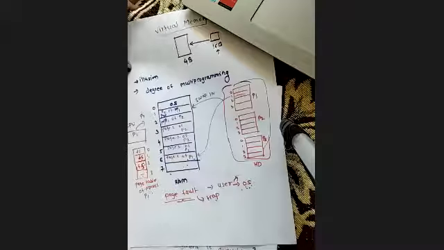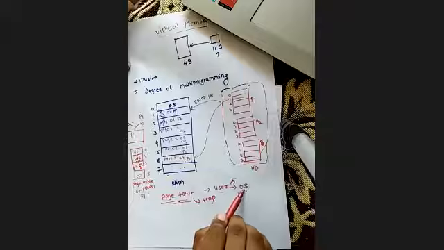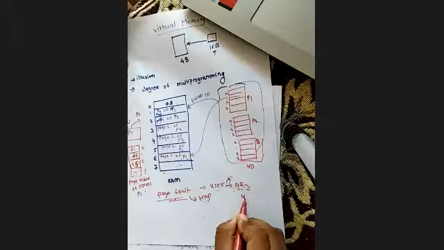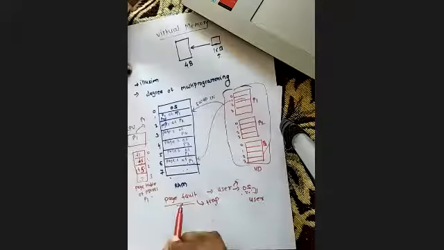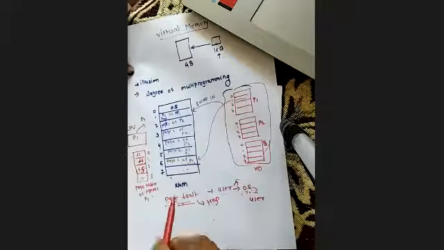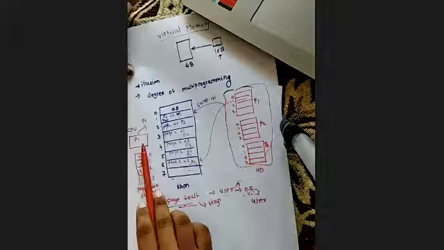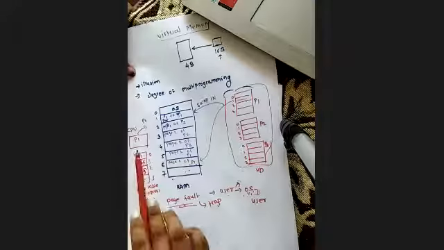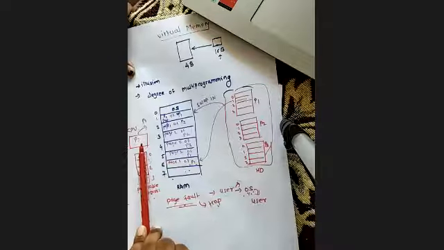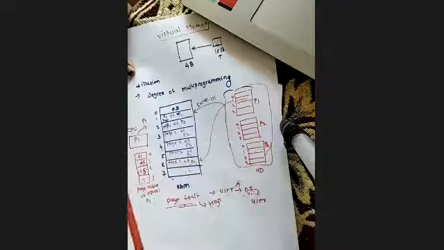Fine. Now after updating this, the operating system is going to give control back to the user. ठीक है, अब यूजर को इसने दे दिया. Now the time when the page fault occurred, जब इसका control OS के पास गया, ये सब occur हो रहा है, that time that currently executing process has been stopped. Stop किया मतलब paused, not exactly stopped. That process execution has been stopped क्योंकि वहां पे जो required page था वो available नहीं है, तो वहां पे page fault हुआ. So that process has stopped its working, और वो waiting room में, waiting queue में चला जाता है.